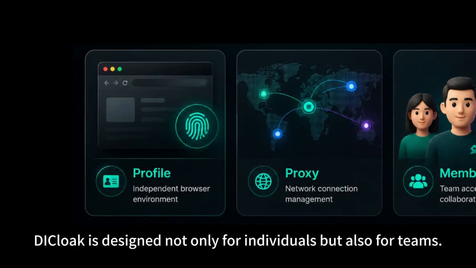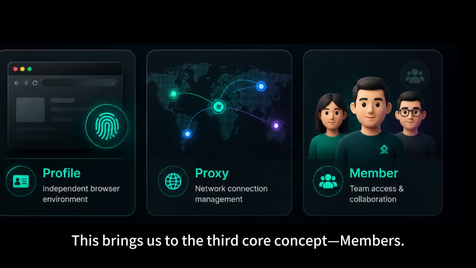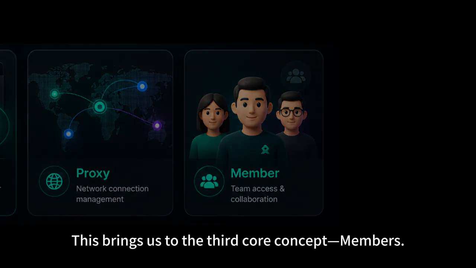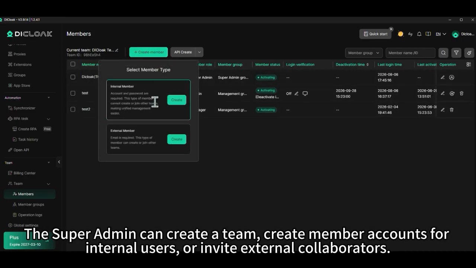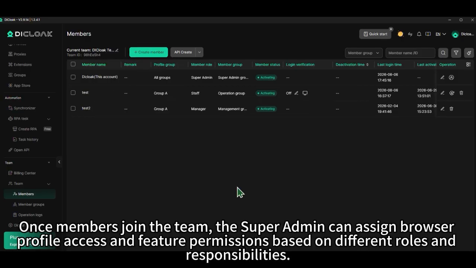DICloak is designed not only for individuals but also for teams. This brings us to the third core concept: members. The super admin can create a team, create member accounts for internal users, or invite external collaborators. Once members join the team, the super admin can assign browser profile access and feature permissions based on different roles